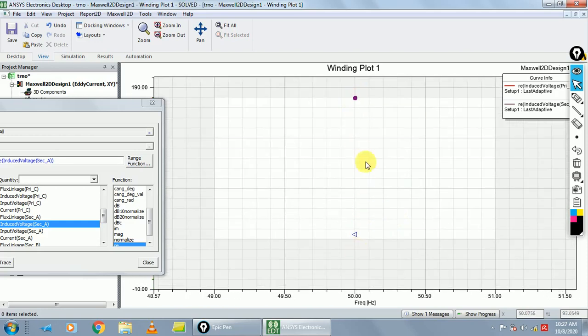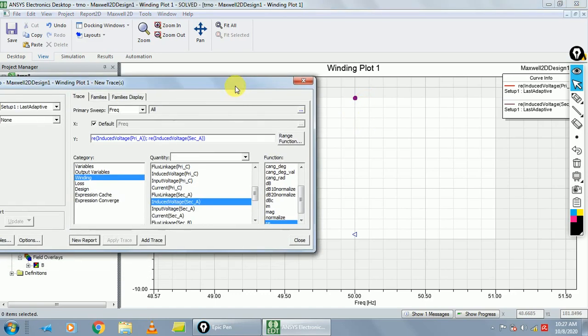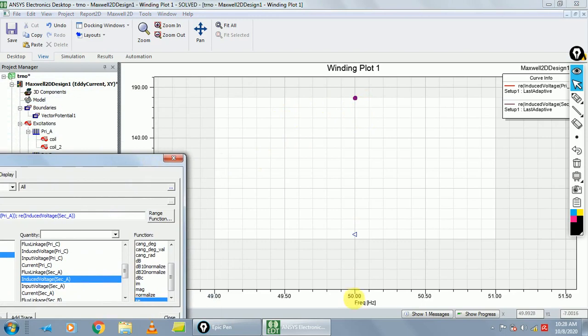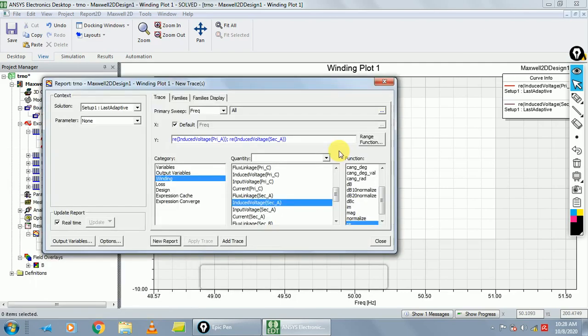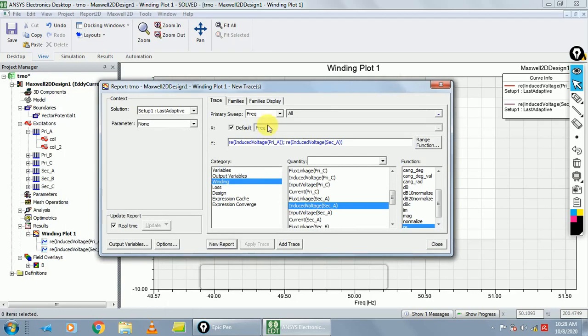Okay, here this is voltage. This is the two voltages plot here. After that, plot